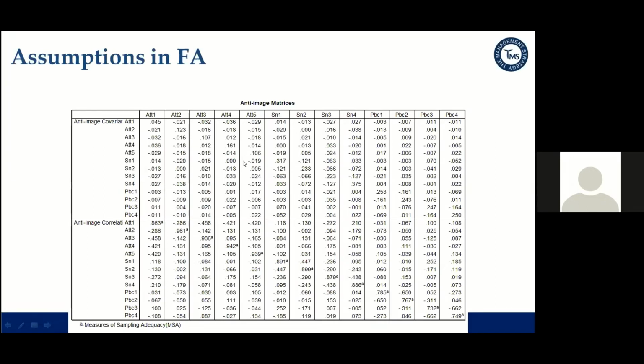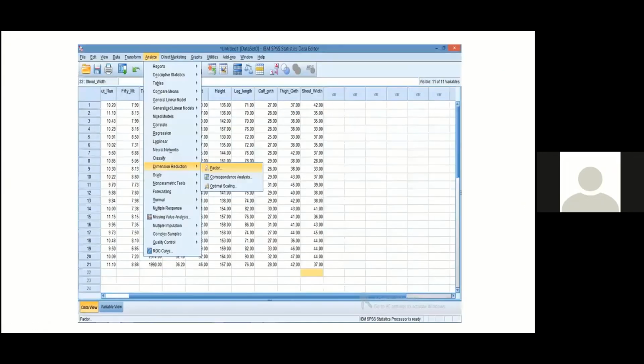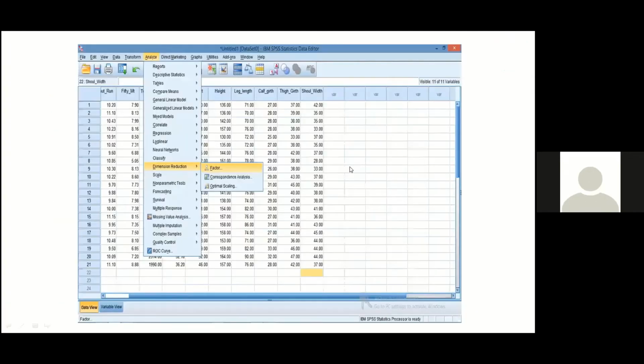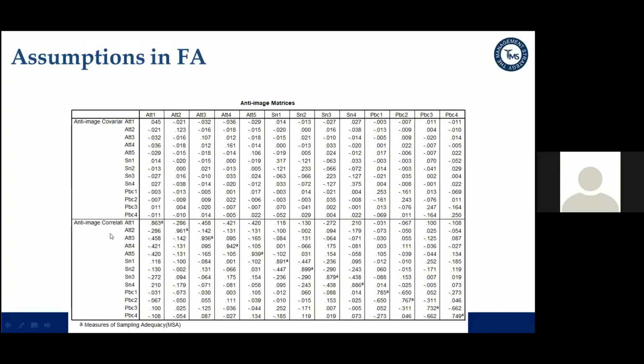What is anti-image correlation? Here you can see this anti-image correlation in the steps, as I told you. This is the third step that we need to consider. This one, anti-image correlation matrix of item should be at least above 0.5. So when we do it in SPSS, SPSS will give us this kind of table, and we need to see anti-image correlation, this one. This is first statement, first item, second item, third item, fourth item, fifth item, sixth, seventh,